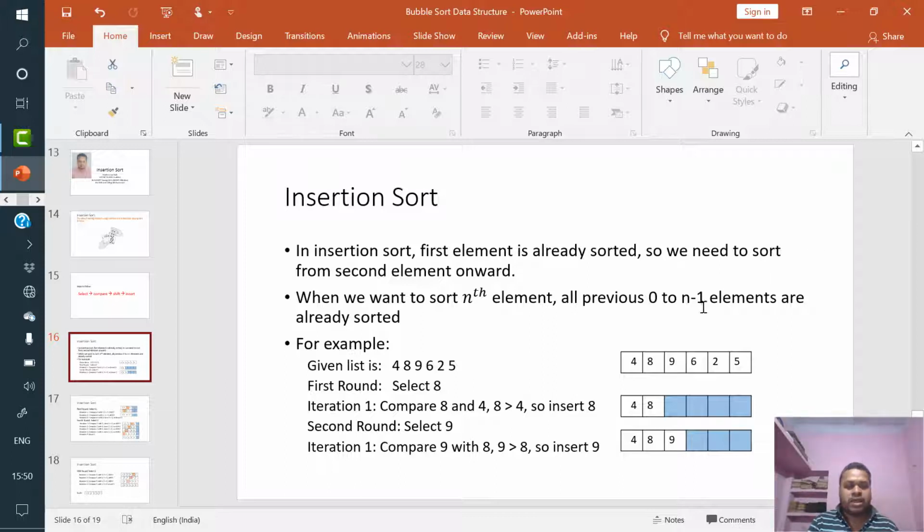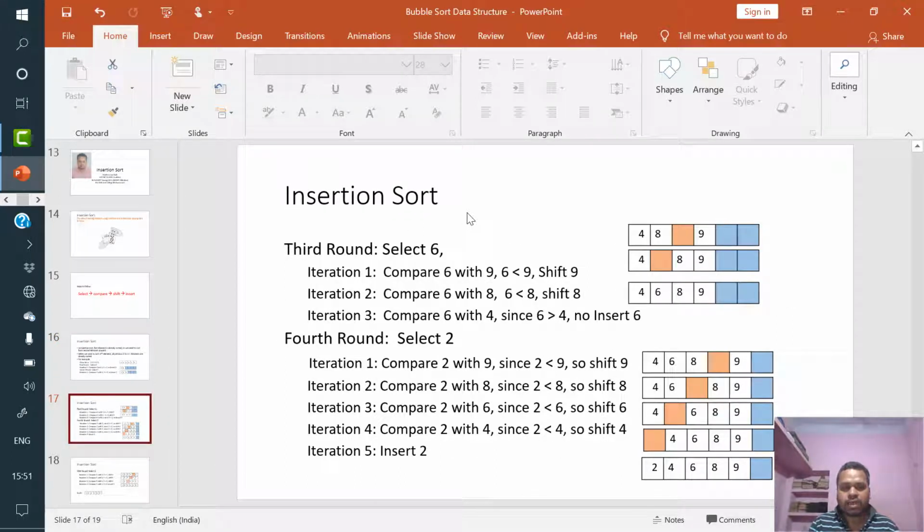In the second round we select 9 and compare it with 8. Since 9 is greater than 8, we insert 9 at the appropriate position. The other elements that we are not using are shown in other colors, so you need not bother about them.